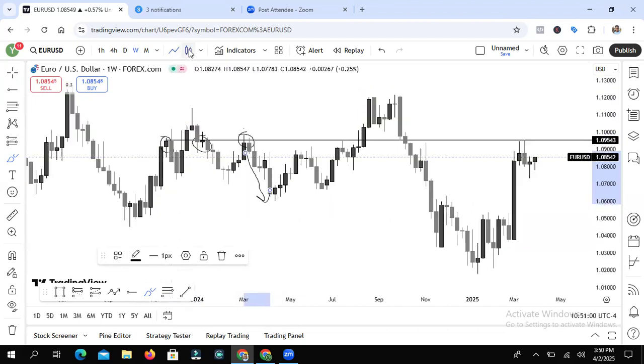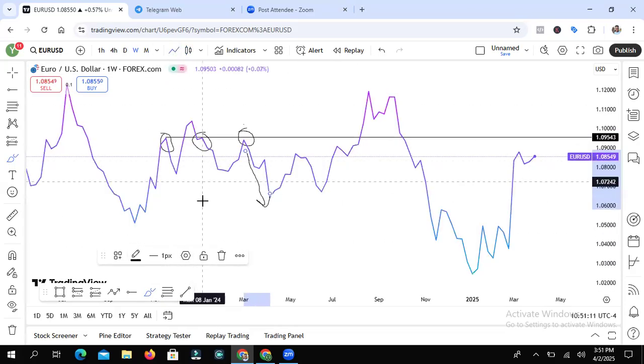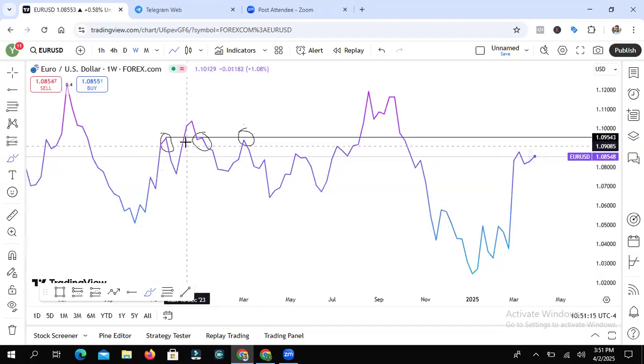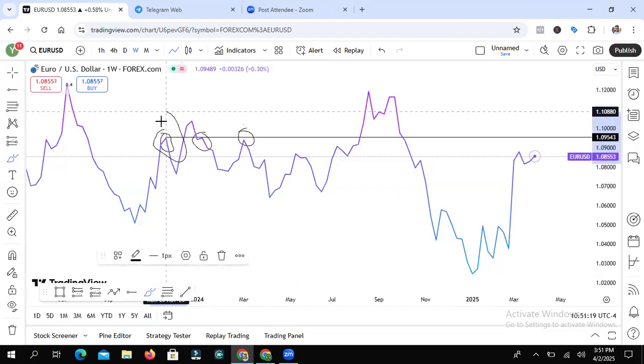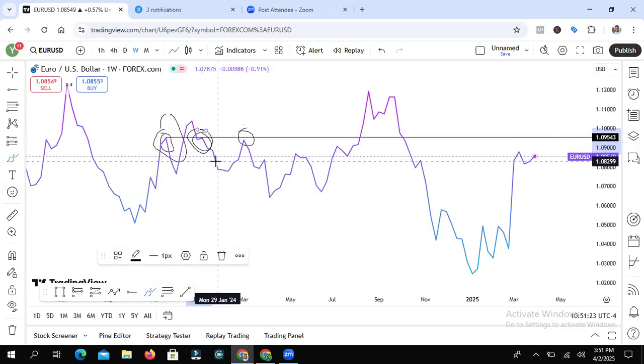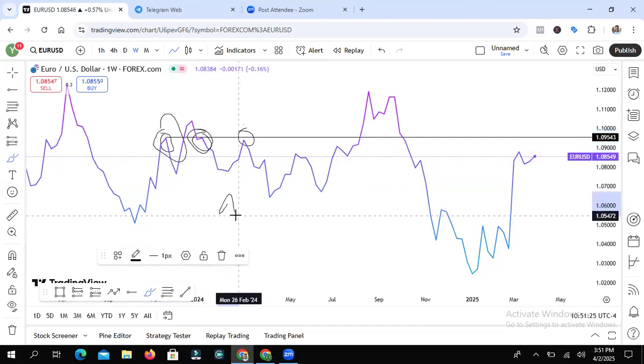Let me turn on the candlestick. Can you see the candle rejection? They traded into it and then they dropped. Look at the sell, right? Again, let me turn on the line chart for you so that you can see it clearly. That is an A-shaped key level right here. This is an A-shaped key level right here. This is also a small A-shaped key level. Either it is small or it is big, as long as it gives you an A-shaped key level.